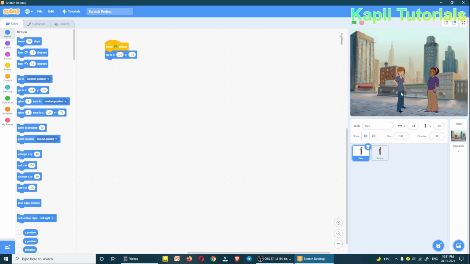And also one thing I want, because in this joke, this D character will fall down. So every time whenever I start this program, he should be back standing at a 90-degree angle. So one thing more I want to add, point in direction 90.